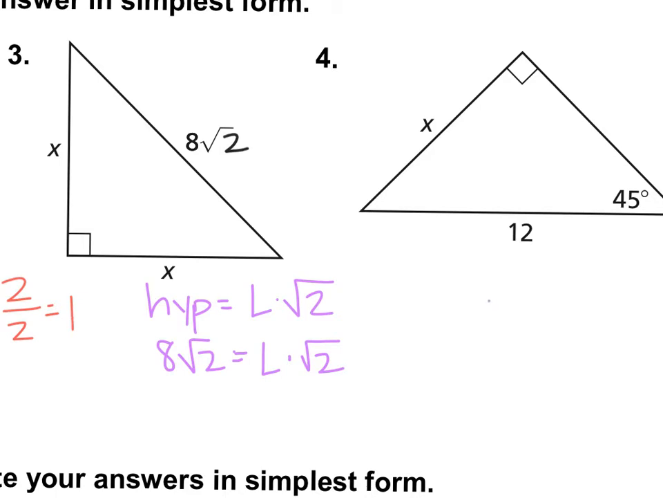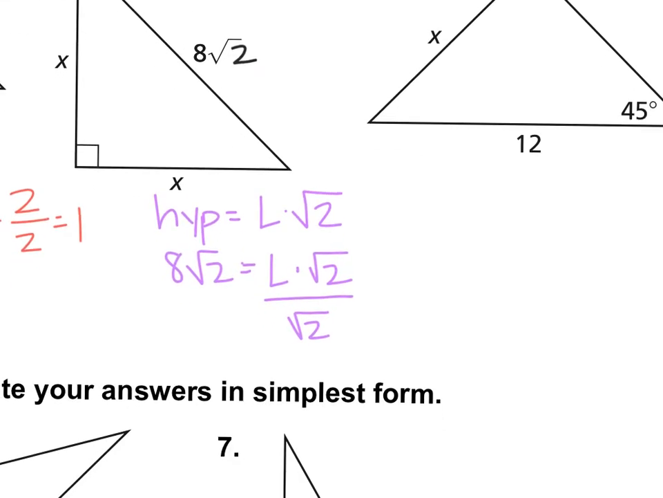What if I had 3L is equal to 8? How would I get L by itself? Good, divide by 3. So kind of the same thing over here. I'm going to divide by that radical 2. So just because it's a radical and just because it's an L doesn't mean that I can't still use those same rules. Okay? So if I divide by radical 2 on both sides,